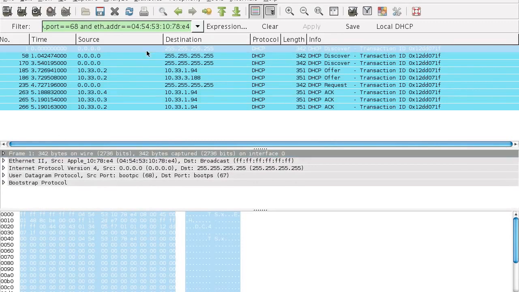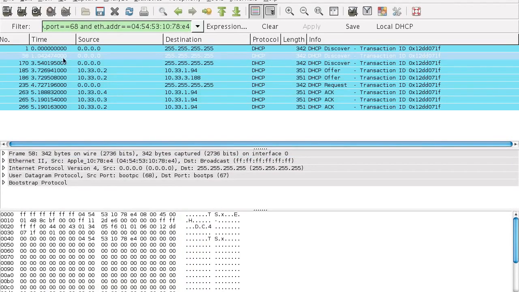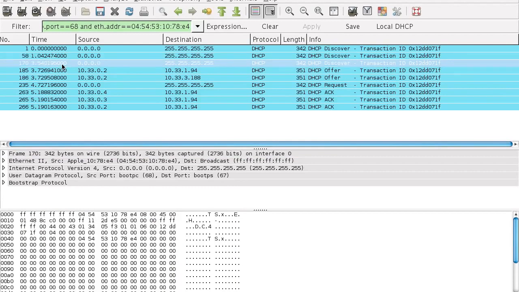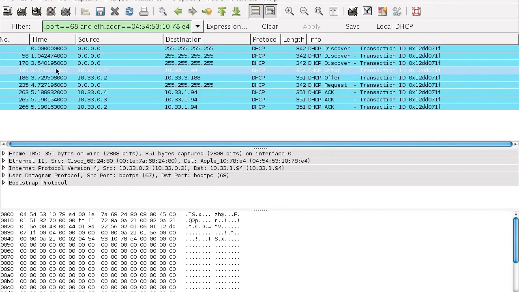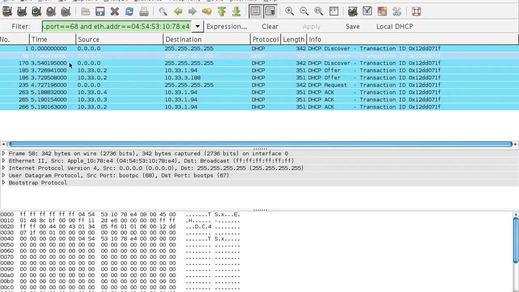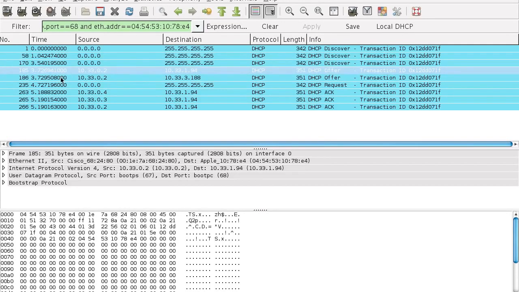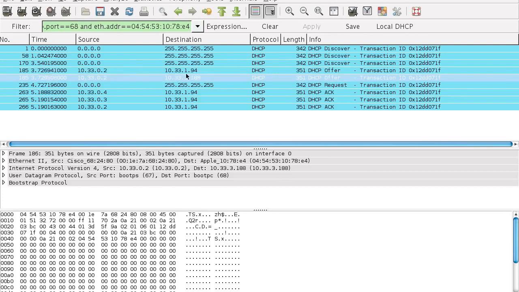It sends it once, doesn't hear anything, so it retries after a second, doesn't hear anything, so it retries after another 2.5 seconds. Then it hears two offers, which perhaps might be a response to these two different discovers, who knows, since they have the same transaction ID. So this first offer is sent from 10.33.0.2 to IP address 10.33.1.94. The second one is